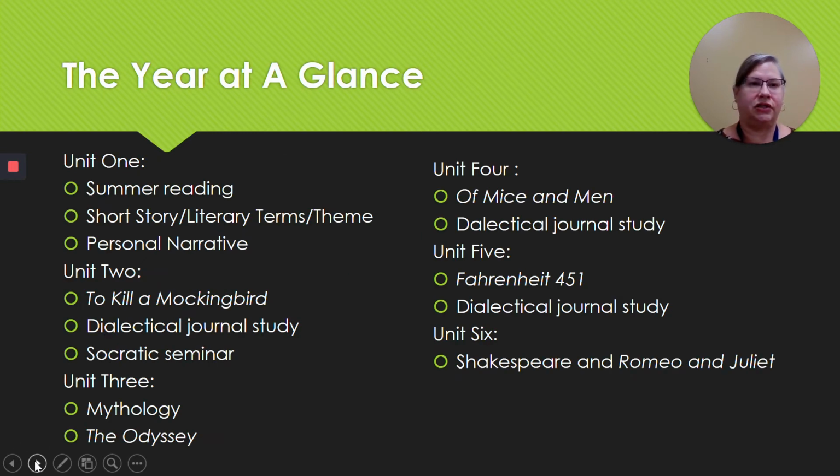The year at a glance for us is kind of divided into 6 units. They're a little fluid though. They don't necessarily go with the grading periods. So the first unit, we deal with summer reading. Your students recently wrote an essay on their summer reading books. We've been talking about short stories and AP literary terms, the idea of theme in literature, and also they are writing a personal narrative. We are getting ready to begin our study of To Kill a Mockingbird,